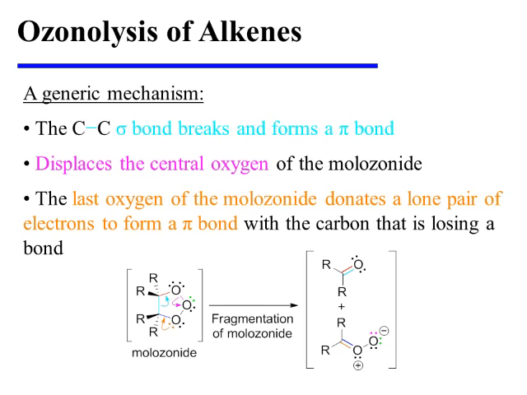And finally, the last oxygen of the malozonide donates a lone pair of electrons to form a pi bond with the carbon that would otherwise have lost a bond. This yields two fragments: a carbonyl compound, either a ketone or an alkene,